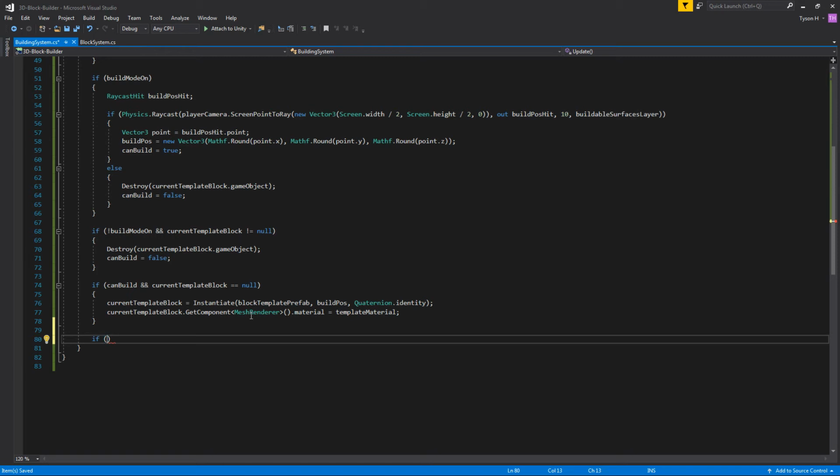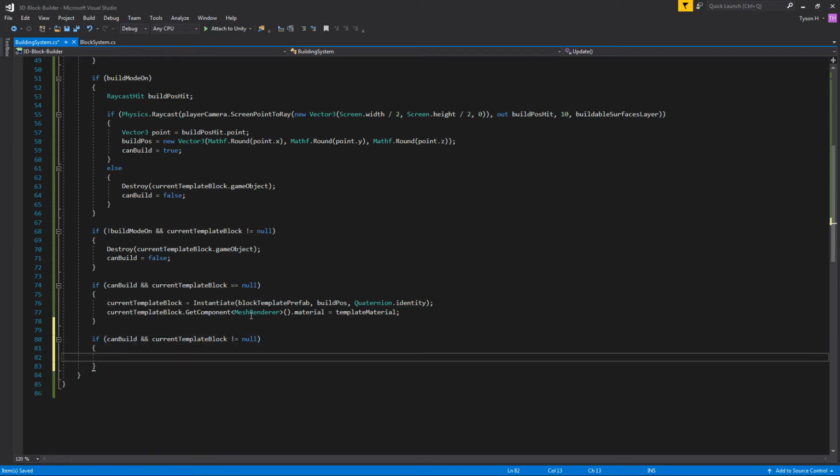And one final if condition. What do we need to do here? Okay, so it's pretty much the same as above, but we need to just check to see if the template block exists. So this is where we're actually doing the building part of the system. So if can build is true, so if we can build and the current template block does not equal null, so if we have a template block in the world and we can currently build, we want to make sure first of all that the current template's